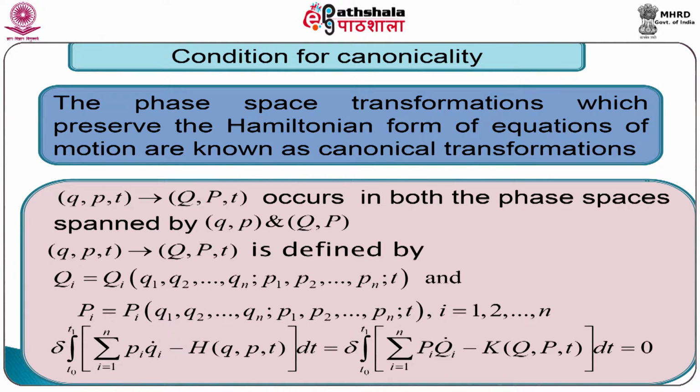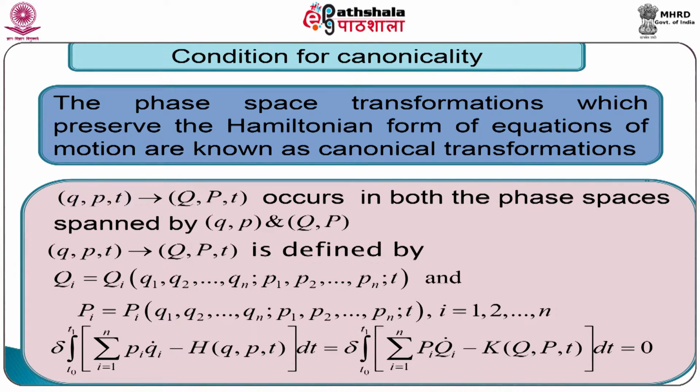Now, we shall search for the condition for canonicality. The transformations from small q, small p and t to capital Q, capital P and T, defined by capital Qi equal to capital Qi function of small q1, small q2 up to small qn, small p1, small p2 up to small pn and t, and capital Pi equal to capital Pi function of small q1, small q2 up to small qn, small p1, small p2 up to small pn and t, for i equal to 1, 2 up to n,